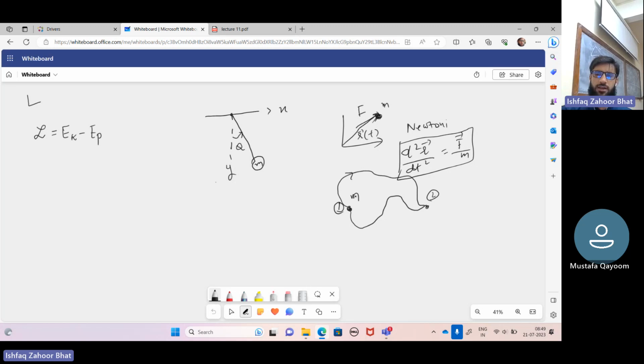For example, it can go like this, like this, or like this. Basically, there are maybe forces and other stuff acting on this mass m while it goes from 1 to 2. So what the Lagrangian method says is that it will go from the first to the second in such a way